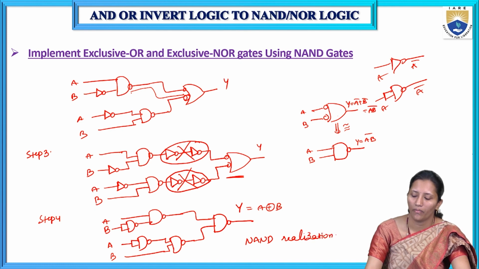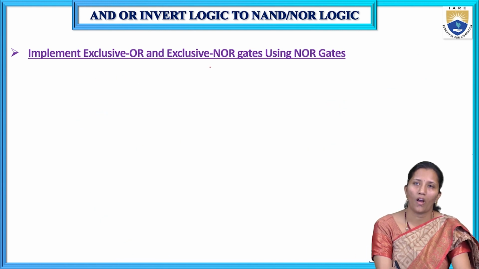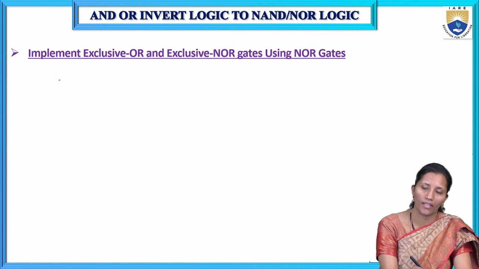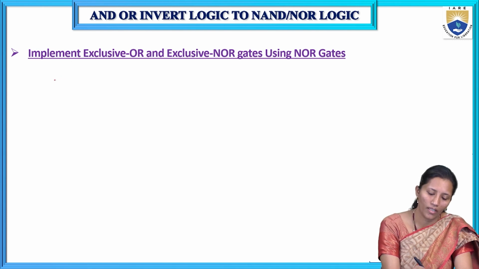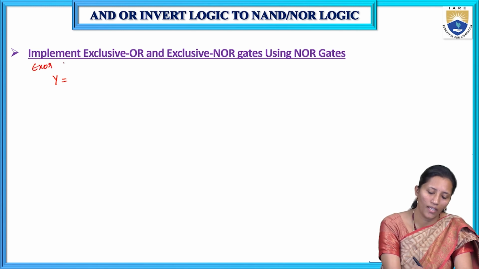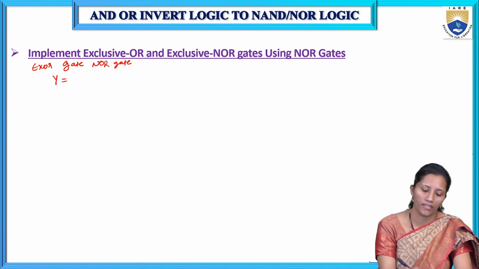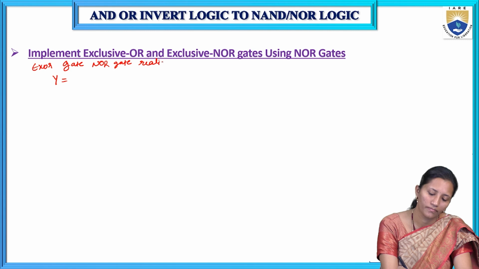Okay. So if we want to represent exclusive NOR gate using NOR gate realization. So here, we have to implement XOR. We will see XOR gate using NOR realization. The previous problem was about the XOR gate using NAND gate realization. Here, that is nothing but